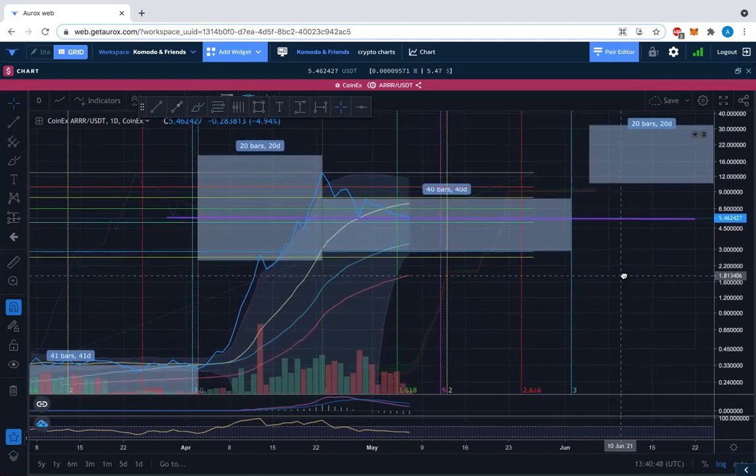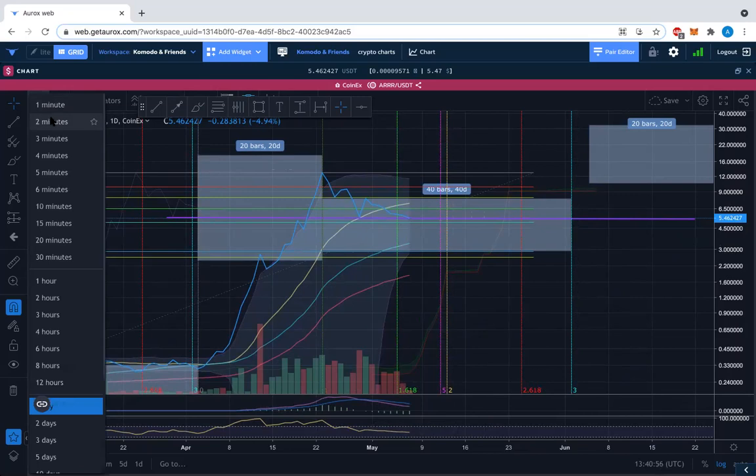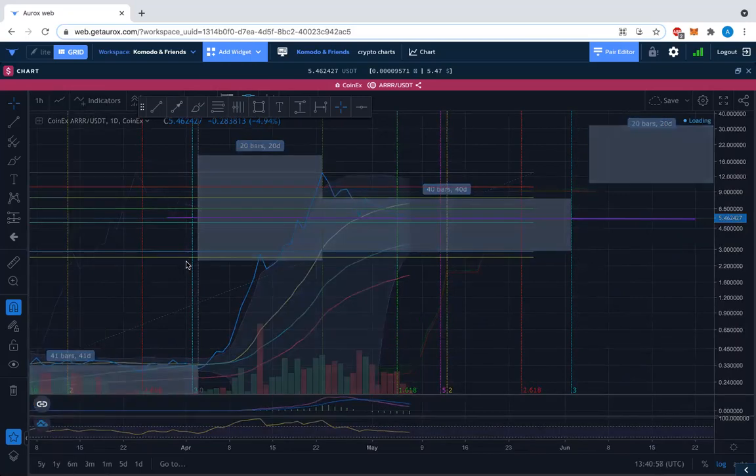Now, remember this chart. We'll take a look at some of these indicators on the lower time frame. So for the 1 hour chart,